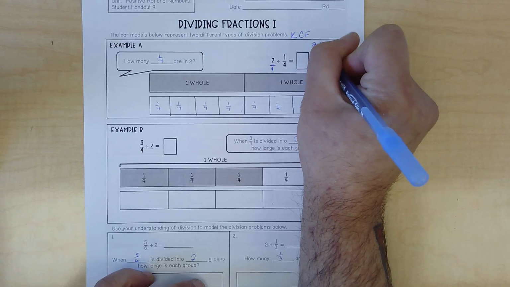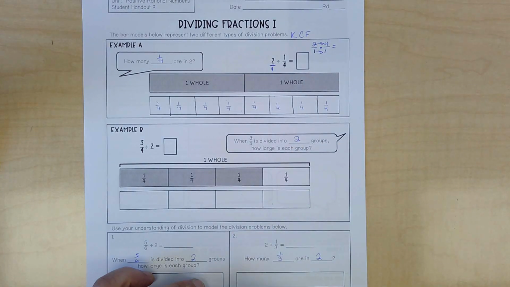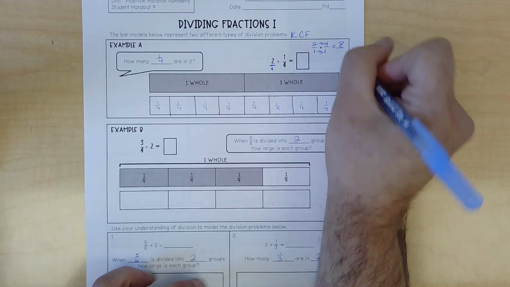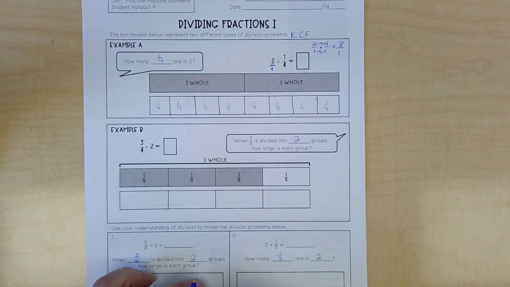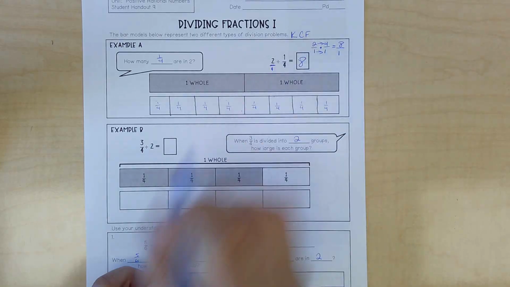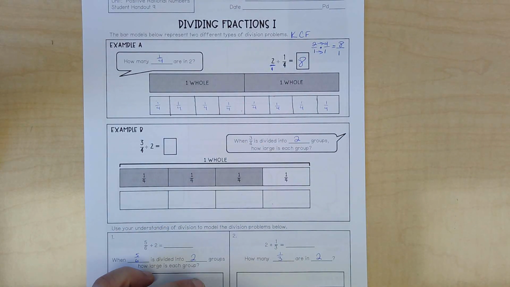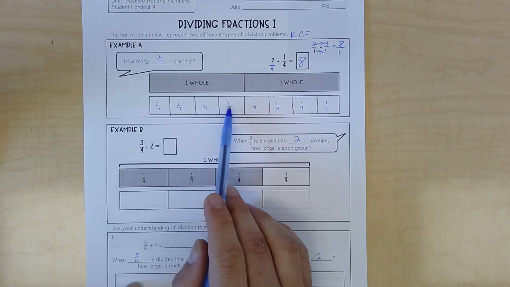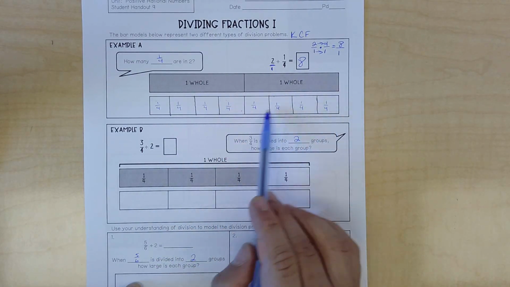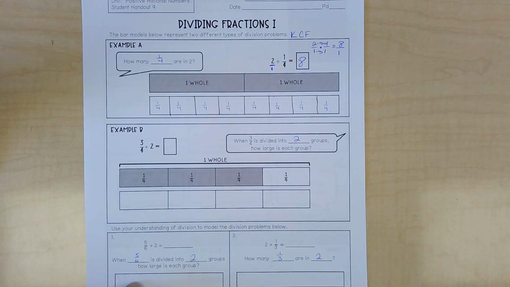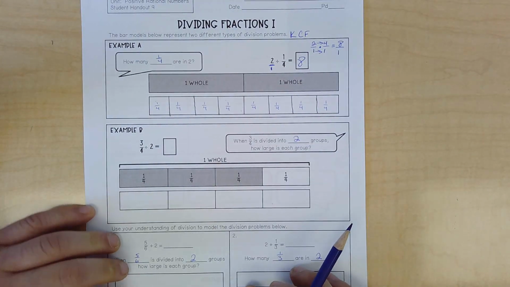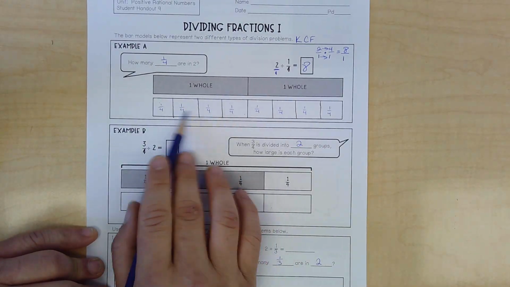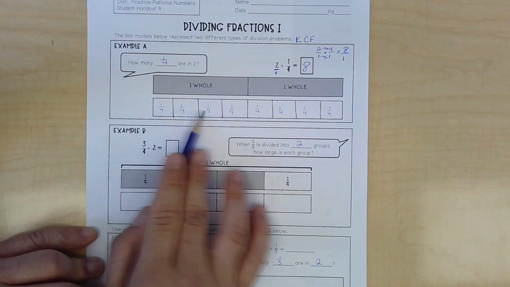I multiply directly straight across. 2 times 4 is 8. 1 times 1 is 1. You can leave it like that or simply just write 8. Now, when we look at our 1 whole, we have 1, 2, 3, 4. When we look at our second whole, we have 5, 6, 7, 8. So, how many fourths are in 2 wholes or 2 whole groups? It's 8. I'm just going to lightly shade it in